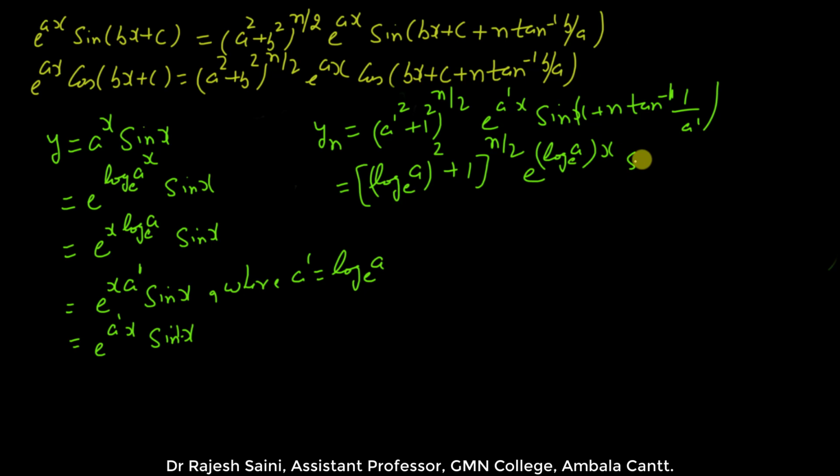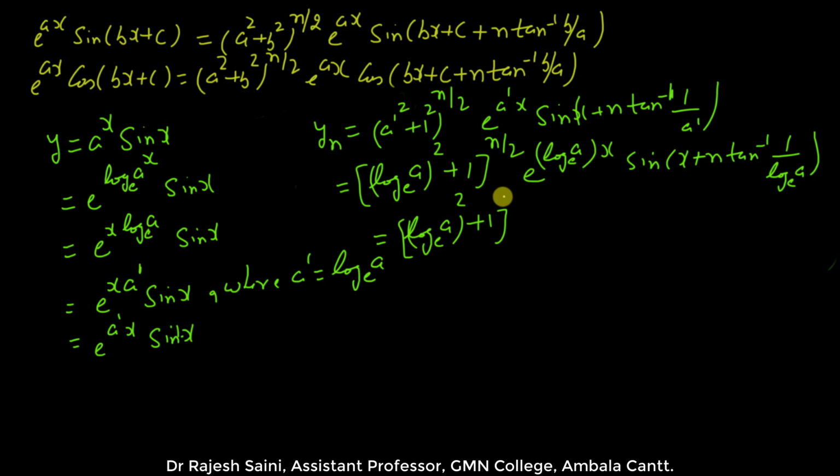Fine. This will be sin x plus n tan inverse 1 by log a to the base e. This is further equal to (log a to the base e)^2 plus 1 raised to the power n by 2,